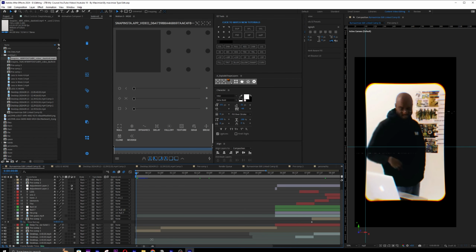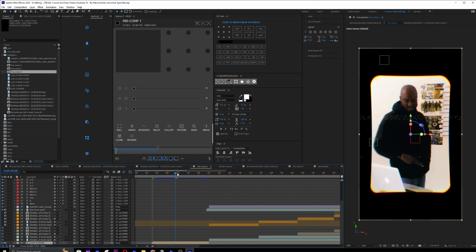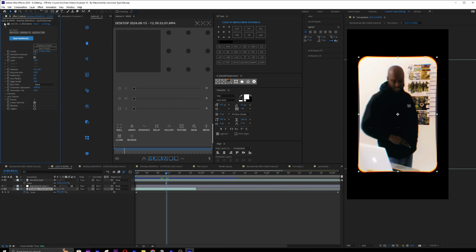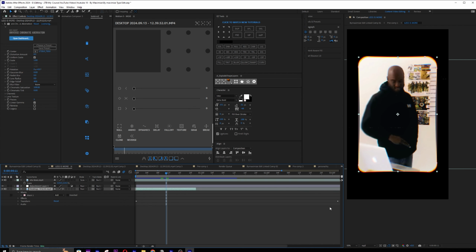So the first thing that I did in this was when I went over here onto the starting scene, I went inside the pre-composition and I added an effect called unichromatic aberration, as well as a mask. So you can see if I do no mask, then this is how it looks. So I did a mask, which is very simple.